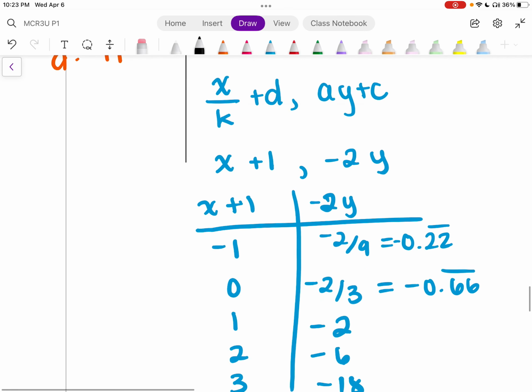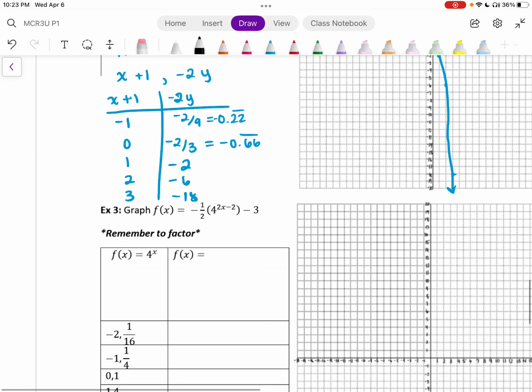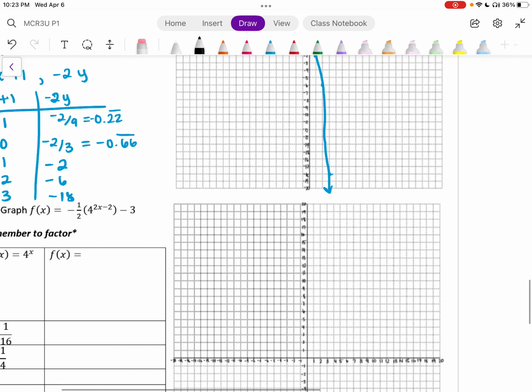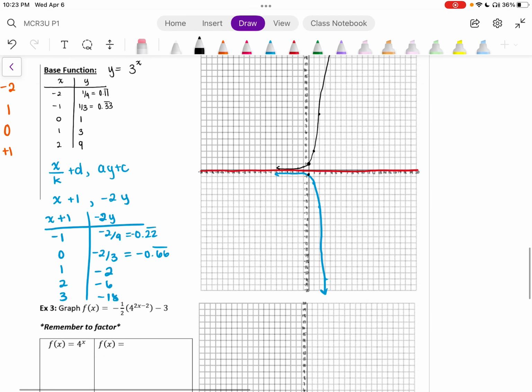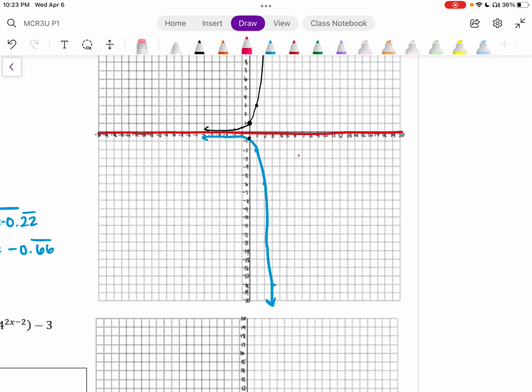Alrighty. So that's that. I always like to go ahead and just mention what the domain and range is too. So for this one, the domain is still x is an element of all real numbers. There's really no restrictions on x here. The range here is going to be a little bit different. y is an element of all real numbers such that you'll see that the y's can only grow in this direction,